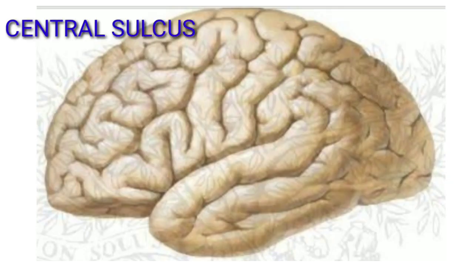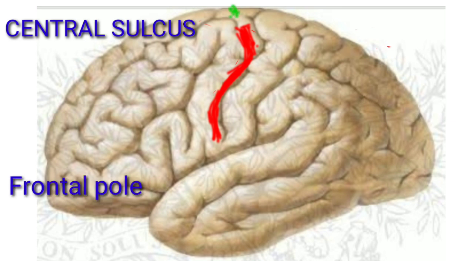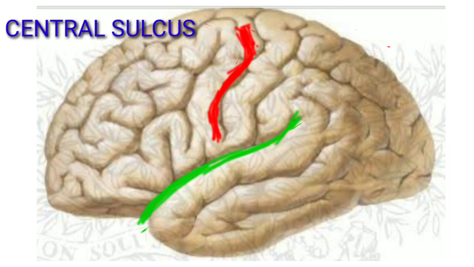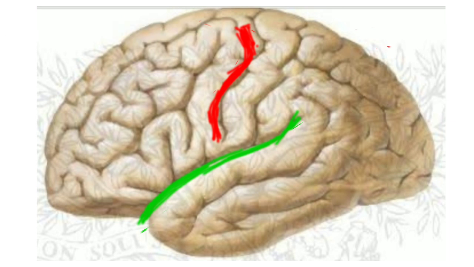Next, coming to the central sulcus or sulcus of Rolando. It begins by cutting the supromedial border of the hemisphere about 1 cm behind the midpoint between the frontal and occipital poles. It runs sinuously downwards and forwards and ends just above the posterior ramus of the lateral sulcus. Its upper end usually extends into the medial surface.